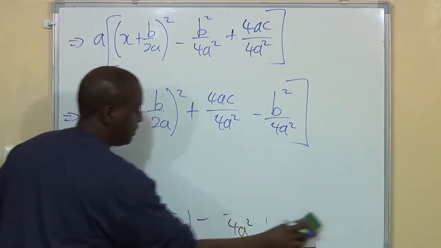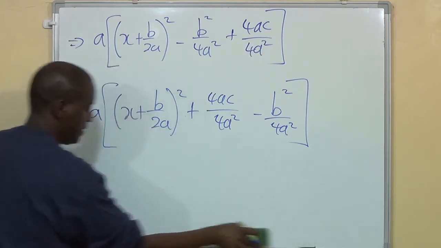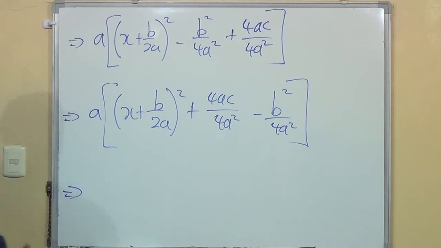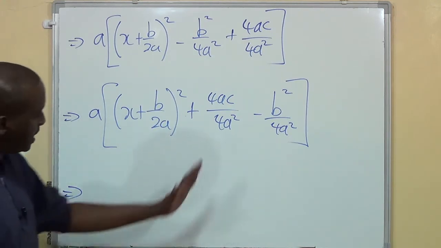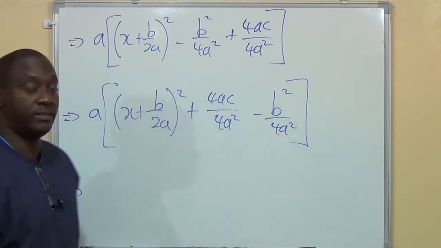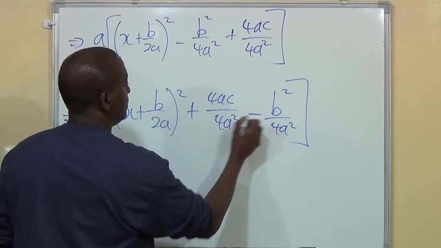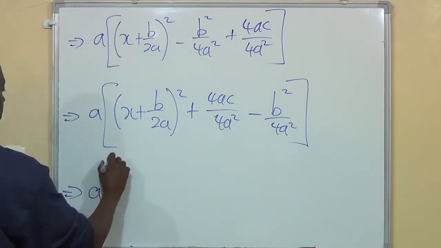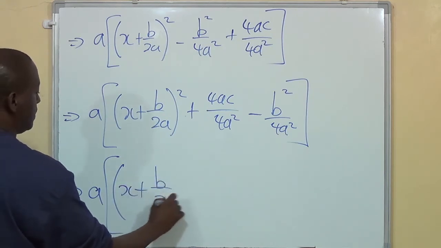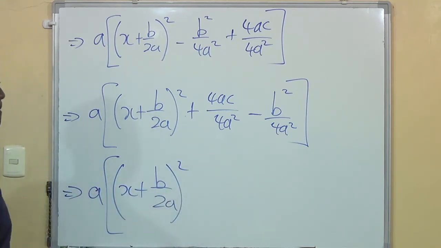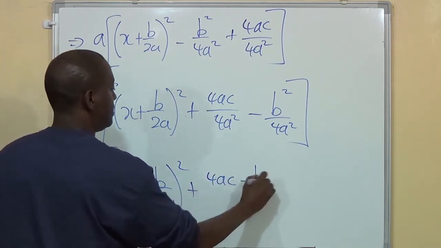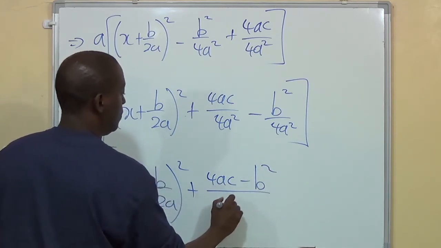And then we're going forward again, and we're saying that because we have the same denominator here, we could just perform the arithmetic on top at the level of the numerator. So this will now be a on the outside, square brackets, into x plus b over 2a squared plus, watch it now, 4ac minus b squared all over